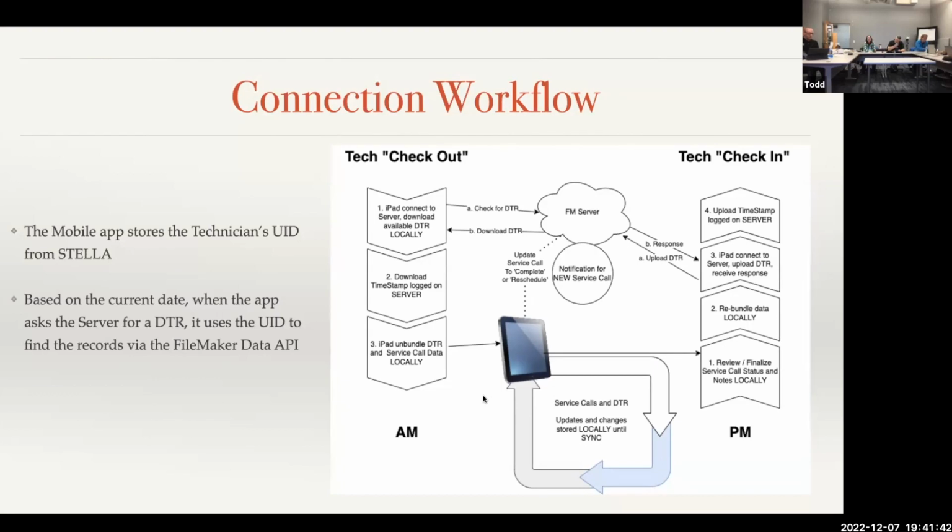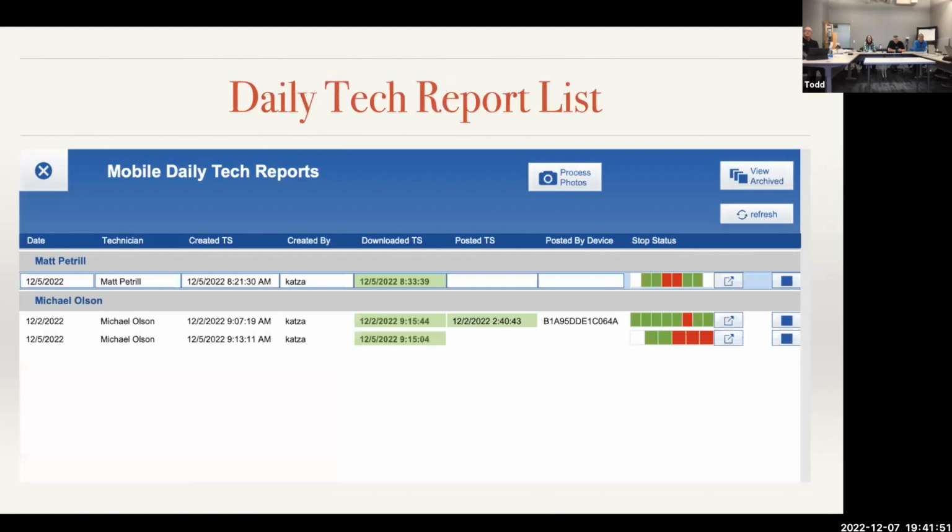Another thing, I didn't want people sitting there waiting at the end, like if they took 5 pictures and then had a bad connection, it should not slow anybody down. So once those bundles are created, they are in this mobile daily tech report list. So we have our text and we have the bundles, and this button bar here can show us